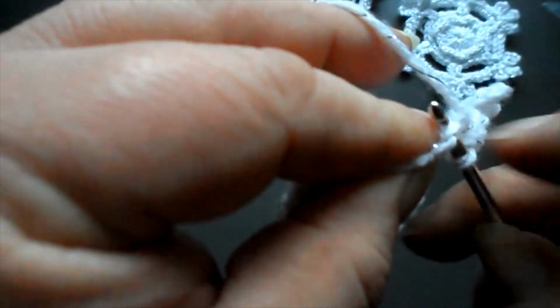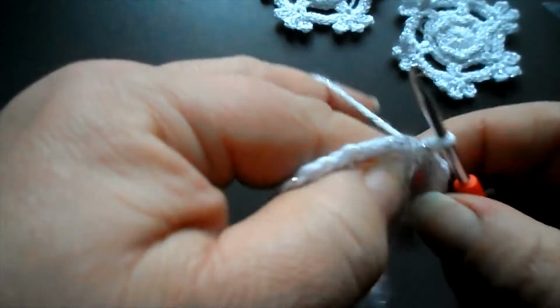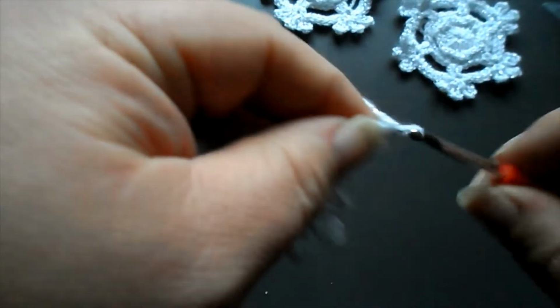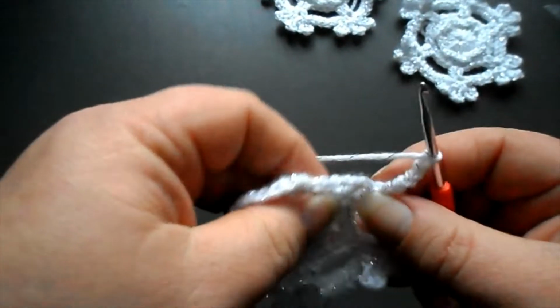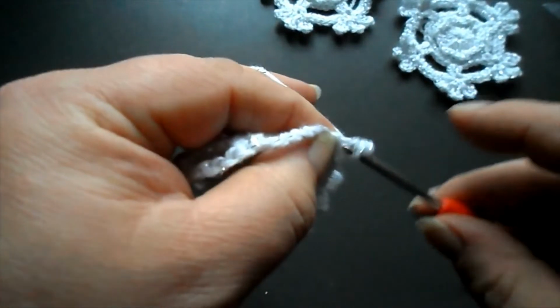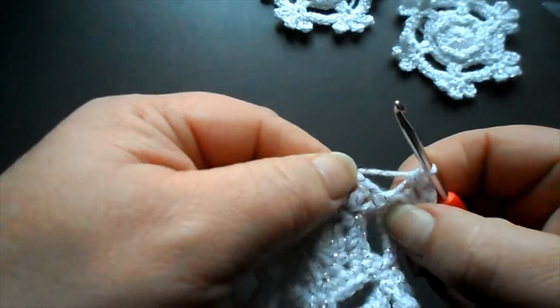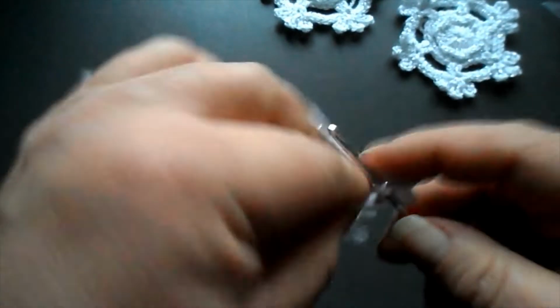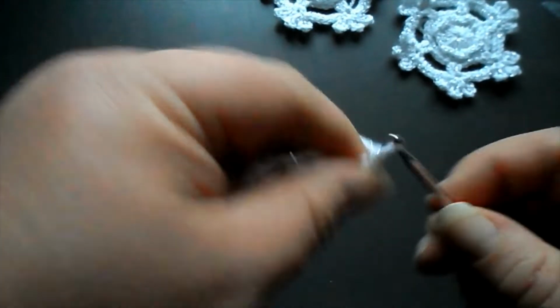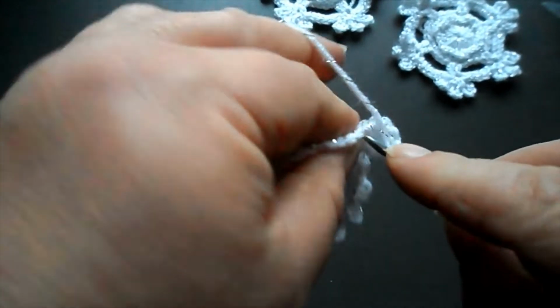Slip stitch into the first of those 2 trebles next to each other, and then we work the same picot again. So just to show you again, 3, 4, 5, 6, work a DC into that first of the 6 chains, slip stitch into the second, and then make the second 4, 5, 6, and then slip stitch,